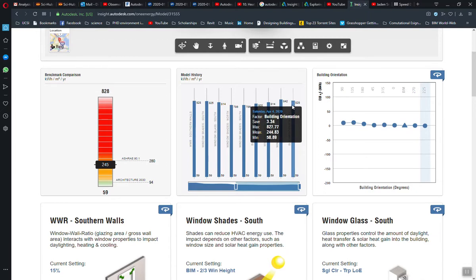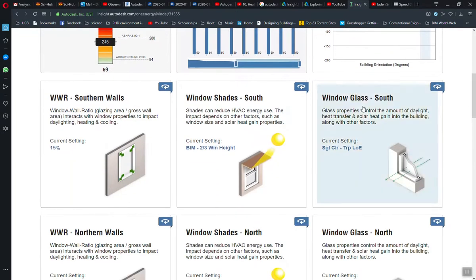So we are saving 3.34 kilowatt hour per meter square per year, just because of that orientation. Anyway, we continue, for example, for